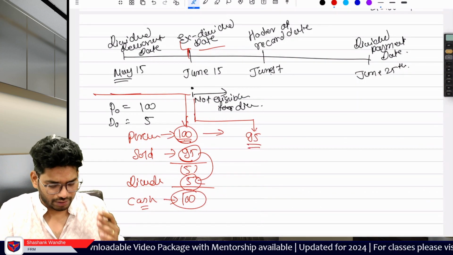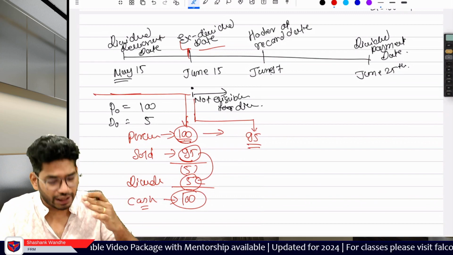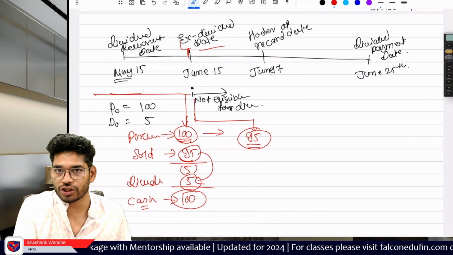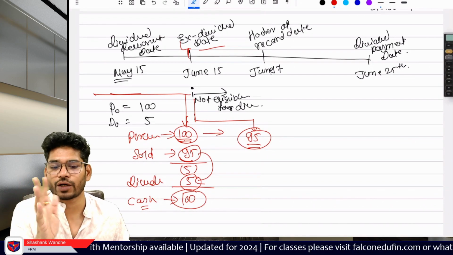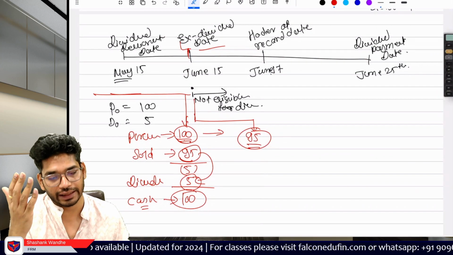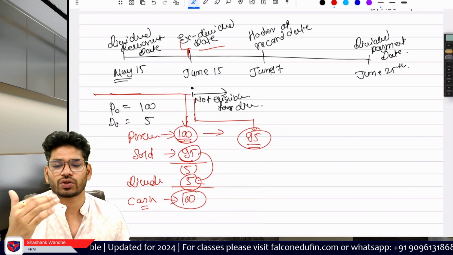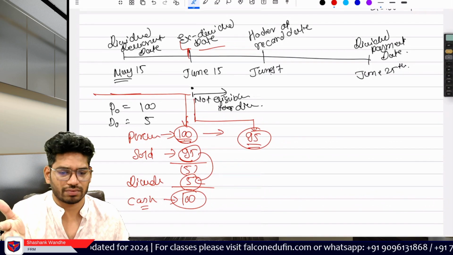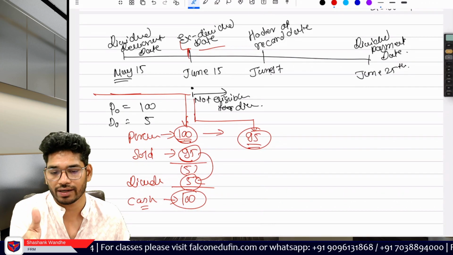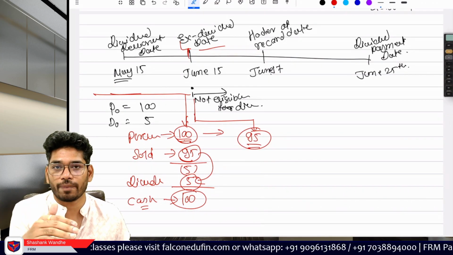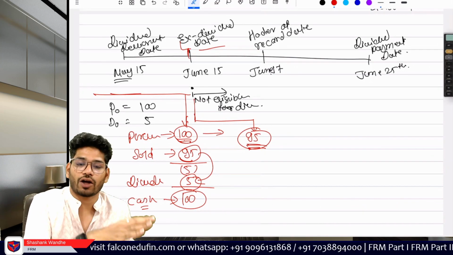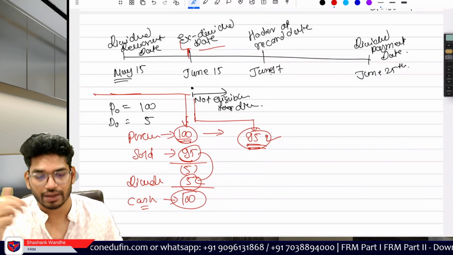And the investor who is purchasing the share on the X dividend date or after this point is purchasing at 95. Very logical. So this equation works like this only. If you are holding the share before the X dividend date, your total gain is like 100. You purchased it at 100, you are selling it at 100. The share price drops to 95, so the next person on the X dividend date or after that is going to purchase it at 95.